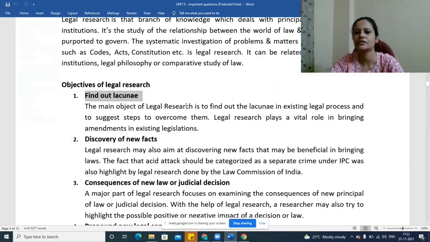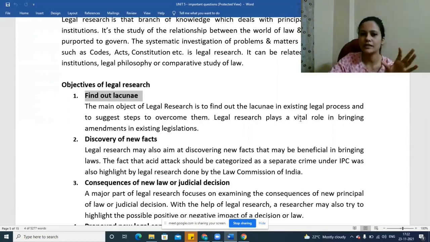So legal research will try to find out what all problems are there in this existing legislation that we have. If you take the example of Consumer Protection Act,